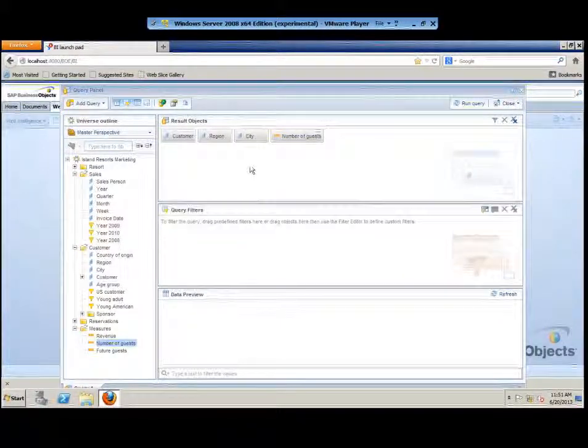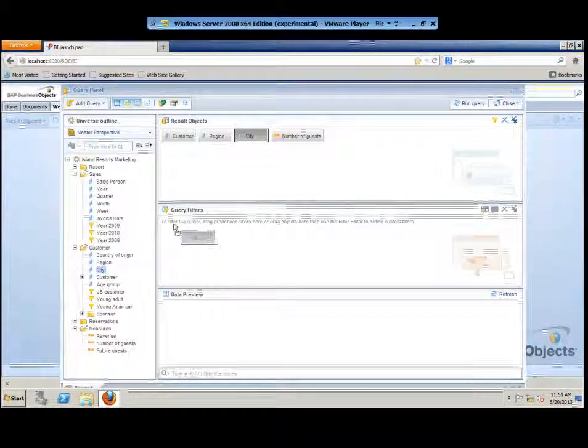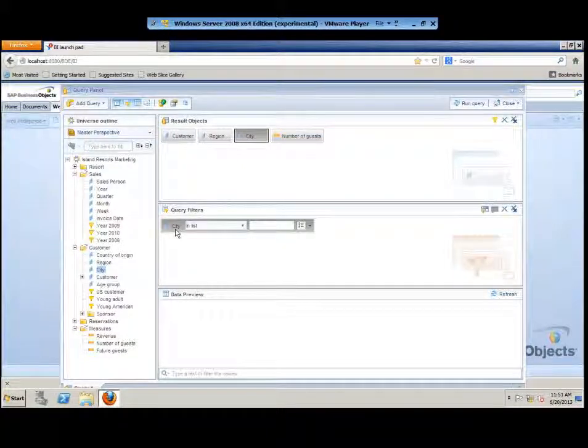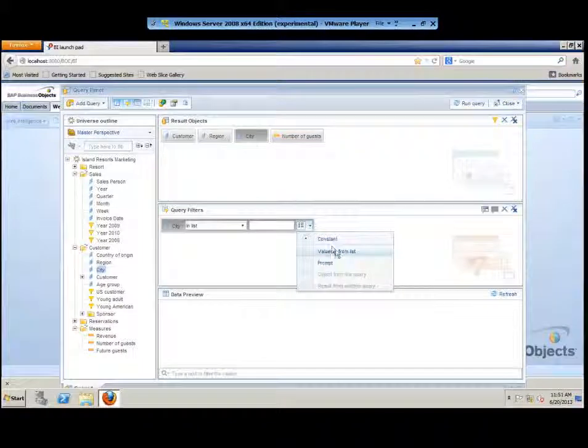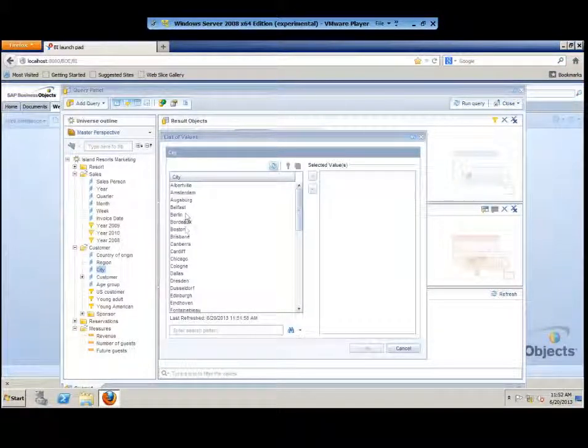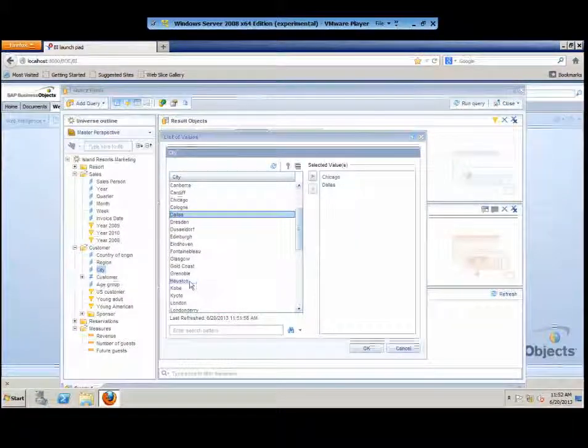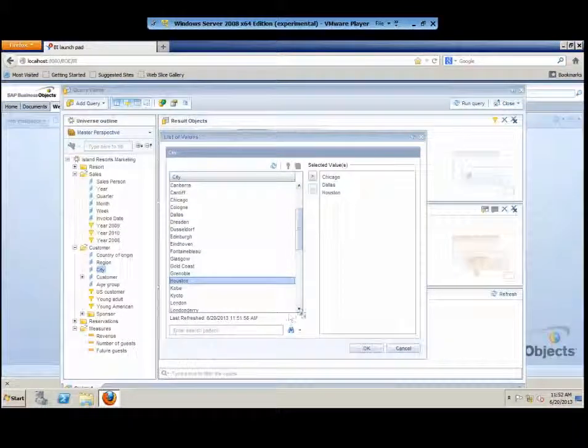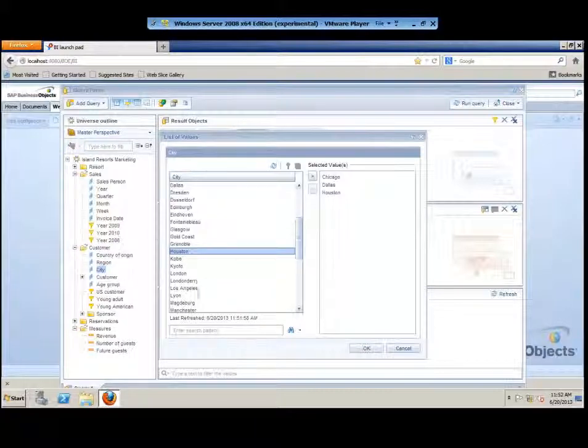And what we're going to do is define the city. So we'll bring city down into the query filter window, standard object, operator, operand. And what we'll do is we'll click the down arrow from the right, and we're going to select the values from a list that we want. So on the left side, we're going to pick Chicago, and we'll pick Dallas, and we'll go down a little bit further, and we'll pick Houston, and we'll continue on down the line. We'll pick Los Angeles,